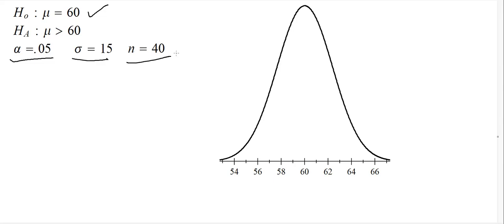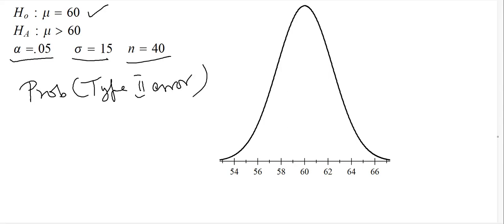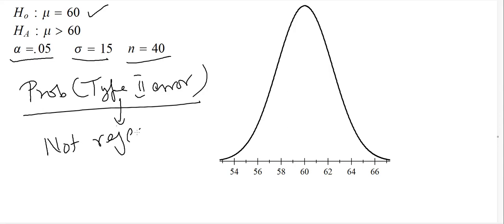What we would like to do here is calculate the probability of type 2 errors for various values of mu, and that type 2 error occurs when we do not reject a